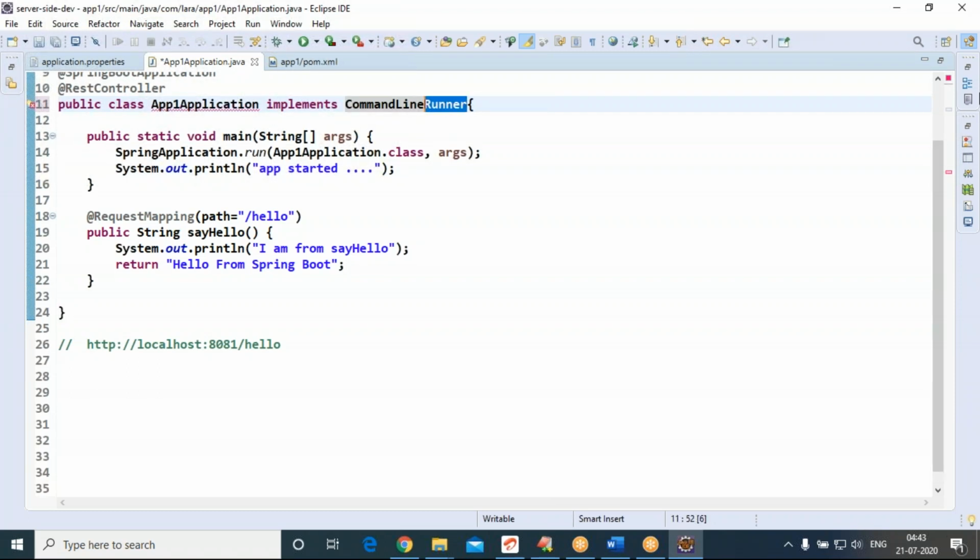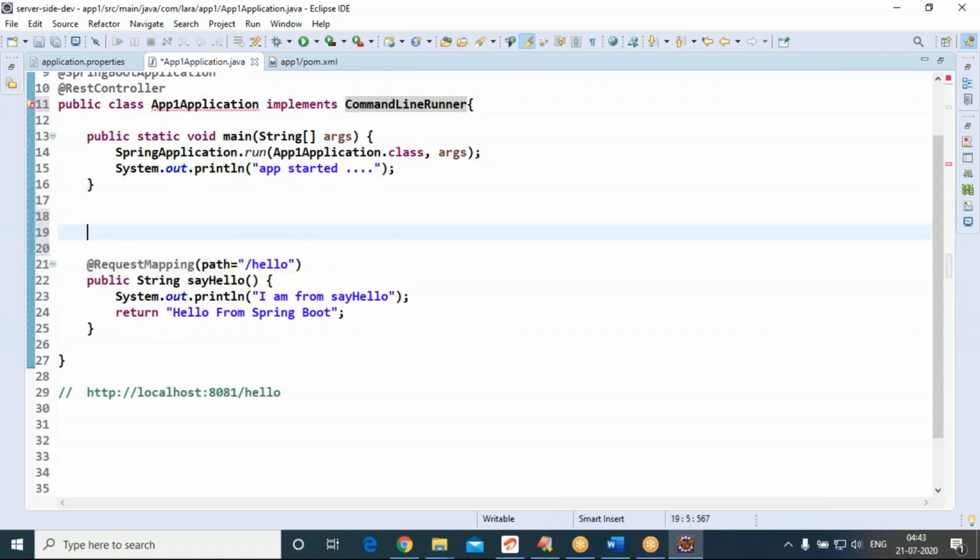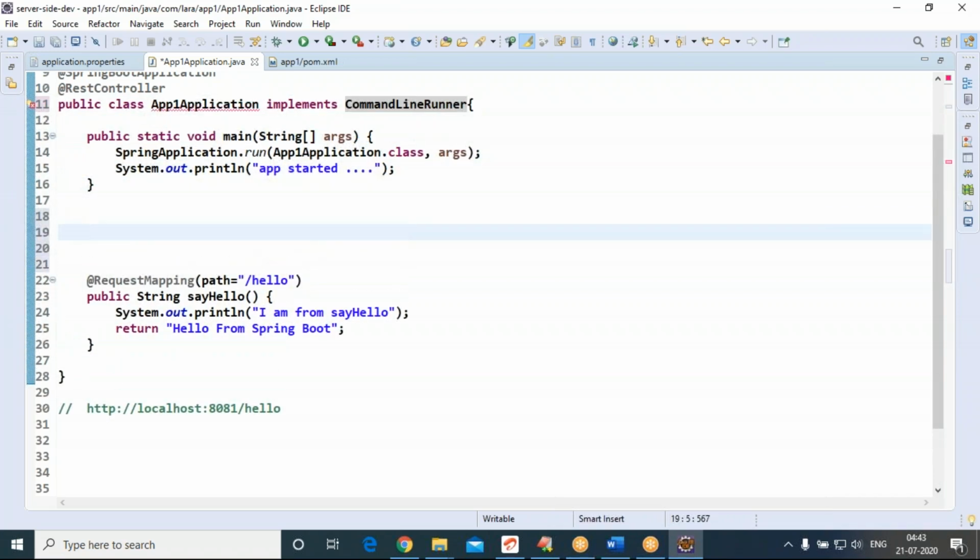It is a functional interface. It contains only one method. CommandLineRunner contains only one method. That method is the run method.